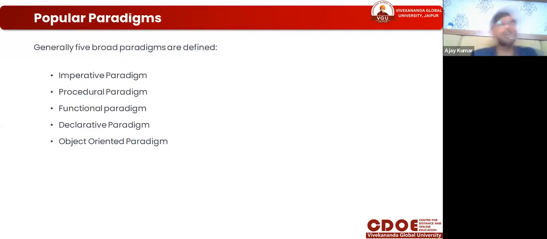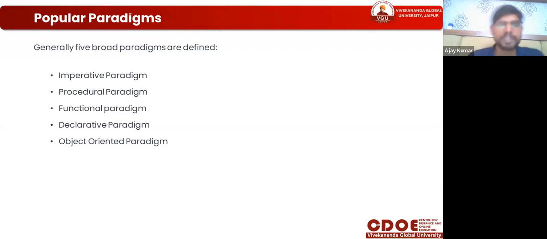Generally, 5 broad paradigms are defined. So there are 5 broad categories where we talk about which paradigm we follow. In the simplest way, we define 5 types: imperative paradigm, procedural paradigm, functional paradigm, declarative paradigm, and object-oriented paradigm. As I already told you, this is just a step, just a style, so that we can process a thought, process a problem in a simple manner.